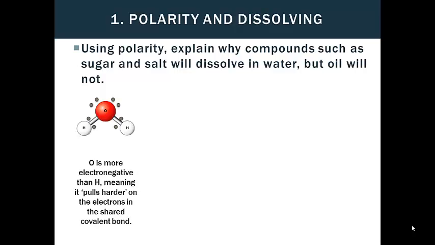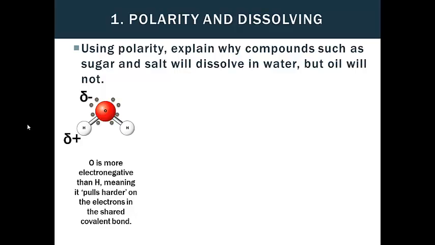Oxygen is more electronegative than hydrogen, meaning that it pulls harder on the electrons in the shared covalent bond. So the electrons being shared in the covalent bond are going to be pulled towards oxygen. And since they spend more time around the oxygen, that gives the oxygen a partially negative charge, while the hydrogen has a partially positive charge. So we can think of a water molecule as a little tiny magnet with a positive end and